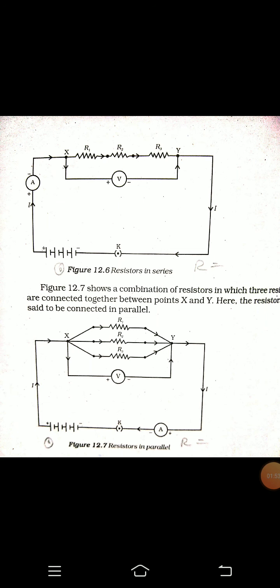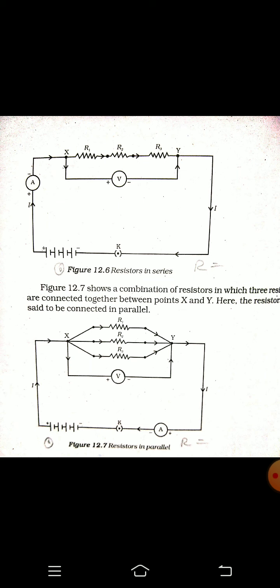So, as shown in figure 12.6 and figure 12.7, these figures show electric circuits in which there are three resistors, named R1, R2 and R3, and how they are joined end to end. Now, I want to inform you that both the topics are very much important for your exam also. First of all, let us look at figure 12.6.